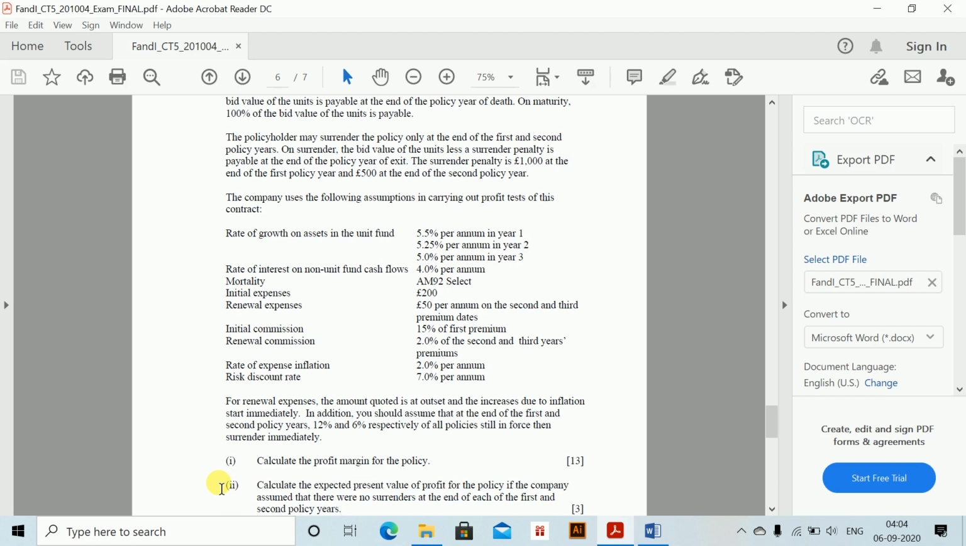Since it's a unit-linked product, first we need to find a unit fund table, then a non-unit fund table, and then we need to find the NP profit margin for the policy. So this is a whole sum of a unit-linked where everything is covered. I'll just show you how to do it. First, we'll do is